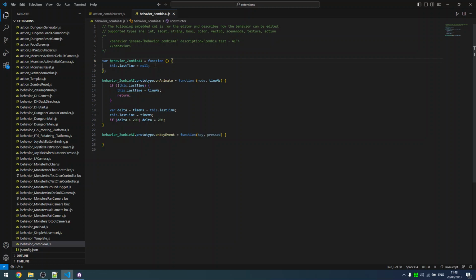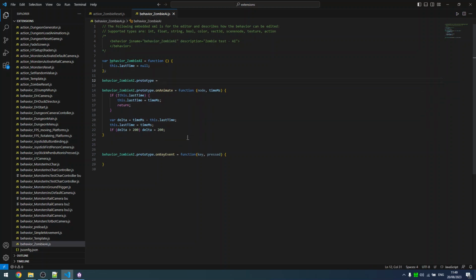Inheritance in JavaScript pre-version ES6 is pretty weird, and I will also leave a link on how inheritance works in the description of this video. Just stick with me, I will copy the code without any explanation. First of all, we will have our object prototype, and it's in the correct place because it's important to keep it in the right order here. And we will just create a new object